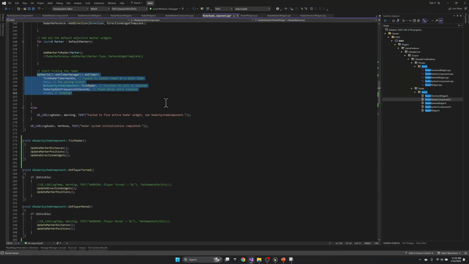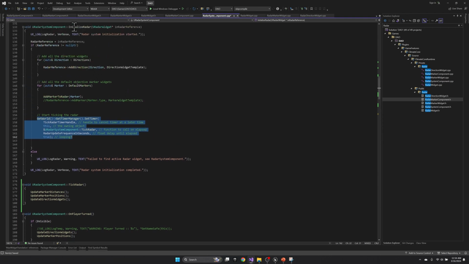So back in our code in the radar system component, after we're done polling for the various components at startup, we triggered this initialize radar logic, which did a few initialization items, but then started a second timer. This second timer is set on a more frequent basis. Our polling was set every 1 second. For startup purposes, this is going to poll every 10th of a second. And what it's going to do every 10th of a second is call our tick radar function,